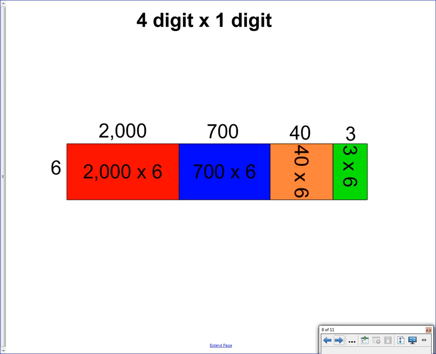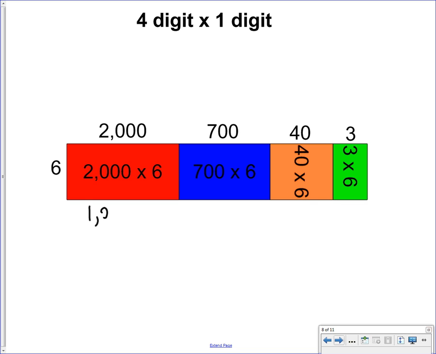So, I've got 2,743, and I'm times 6. I need to break it apart, and so I've got 2,000 times 6. And I've got 700 times 6. I've got 40 times 6. I've got 3 times 6. So then I get